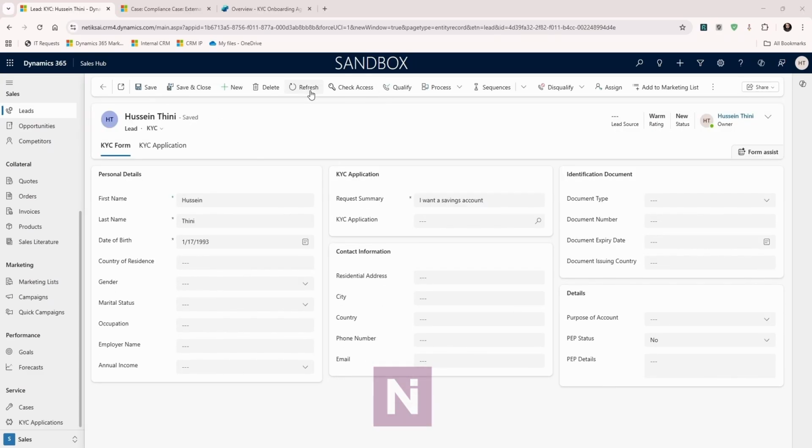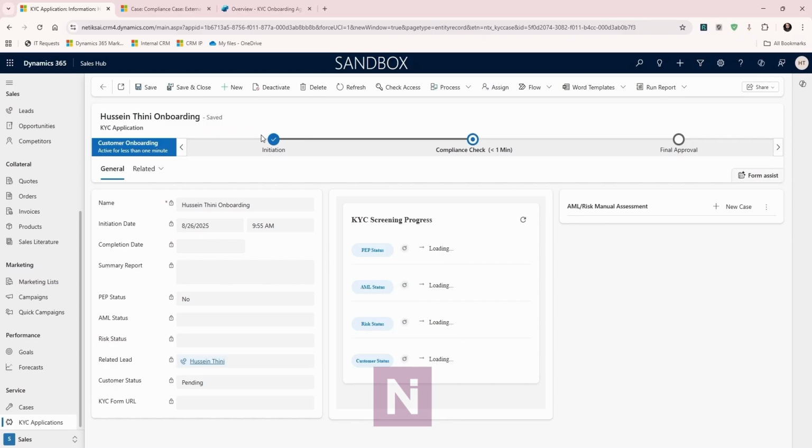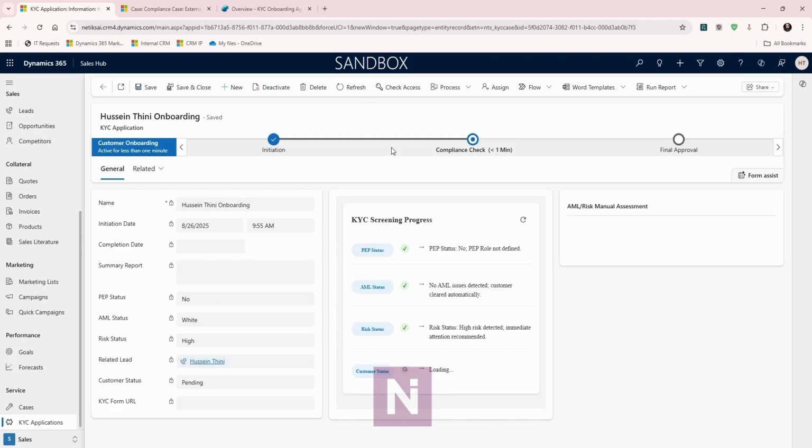The agent will start off by creating an onboarding application. When we access this application, we can see that it is initiated and is currently at the compliance check stage, and the PEP, AML, and risk status screenings are in progress. Now that the screening is complete, indicated by the green tick and the summaries of each compliance check being available,